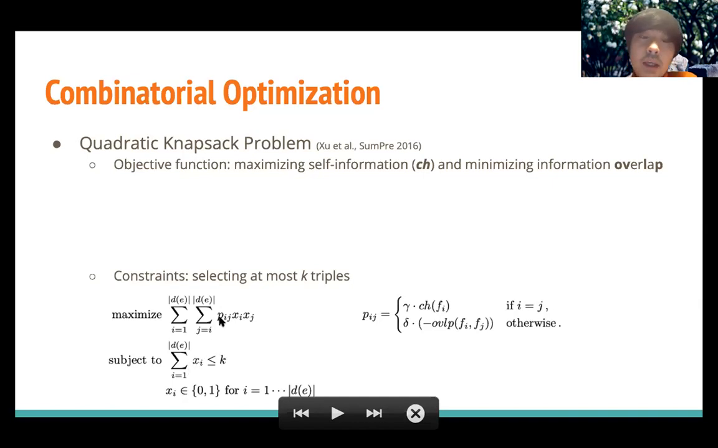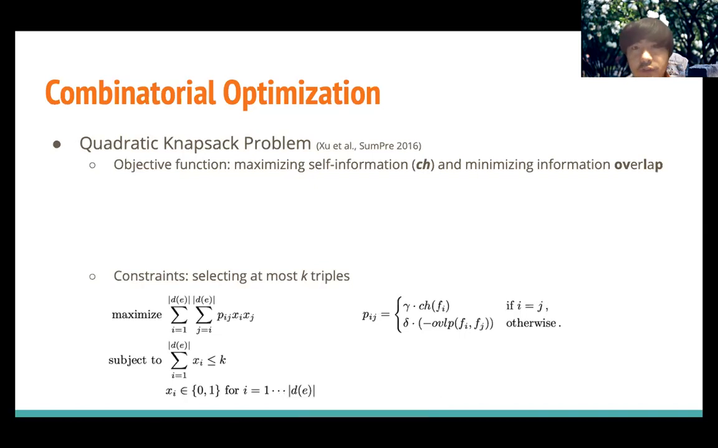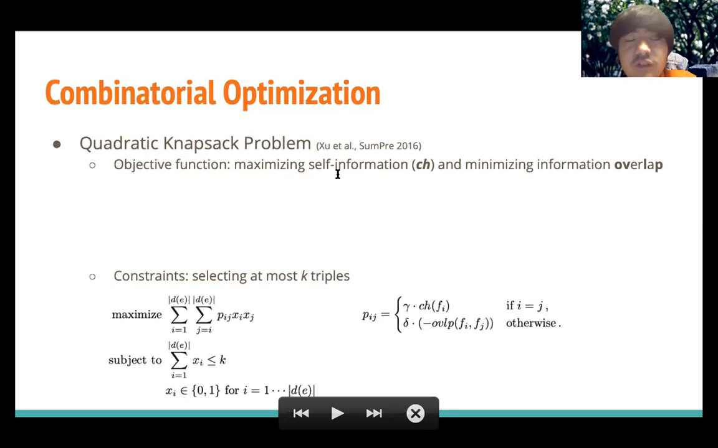So the key point here is actually how to define this profit, how to define the value of selecting two triples. When i equals j, which means we are not considering two different triples, we are considering the same triple, so one single triple. If this single triple is selected, the profit is its own information. So we tend to select